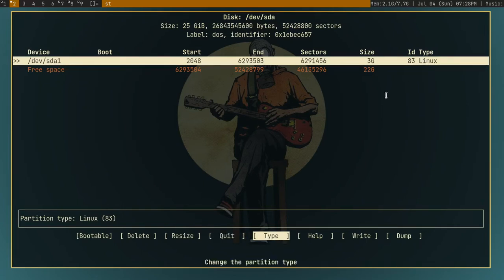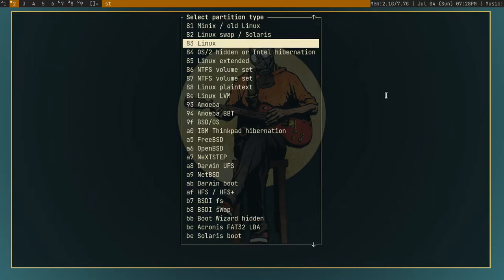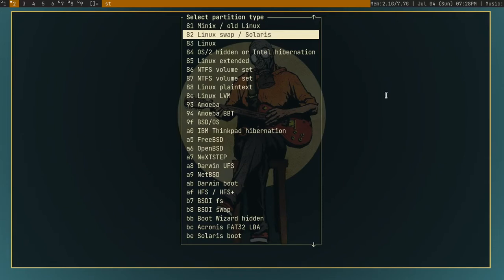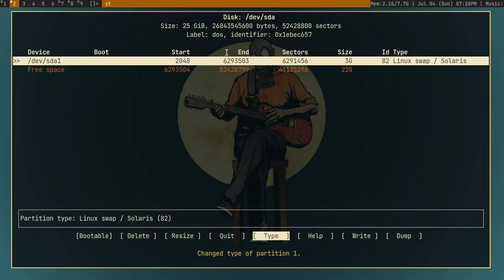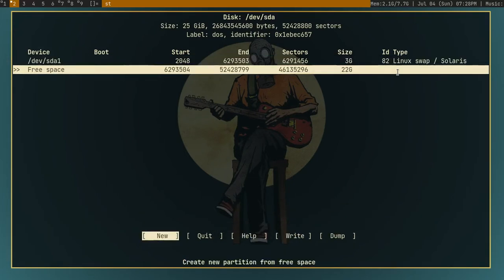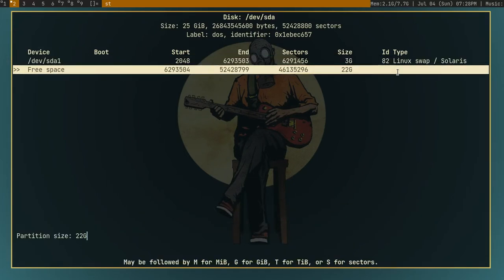So you can just go to the type here and then hit enter, and then go up, and as you can see it is saying Linux swap / Solaris. You have to select this one, and as you can see now it is saying Linux swap / Solaris. Okay, now you can just go down and then create a new partition.